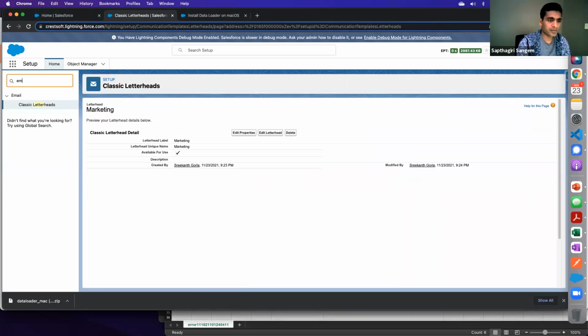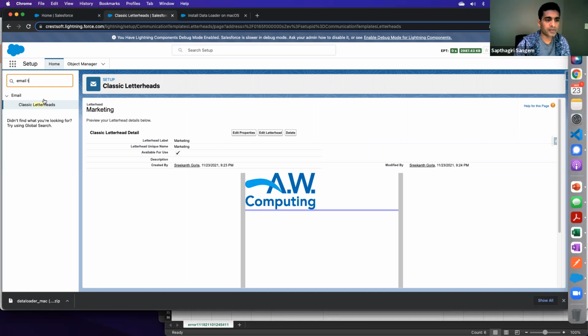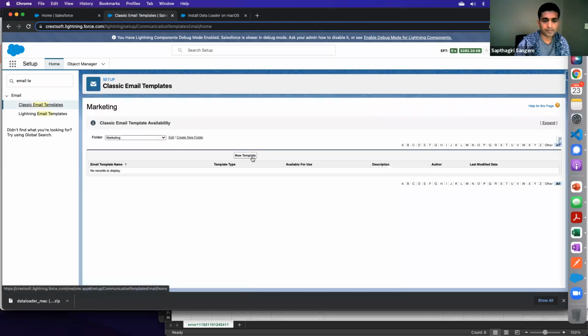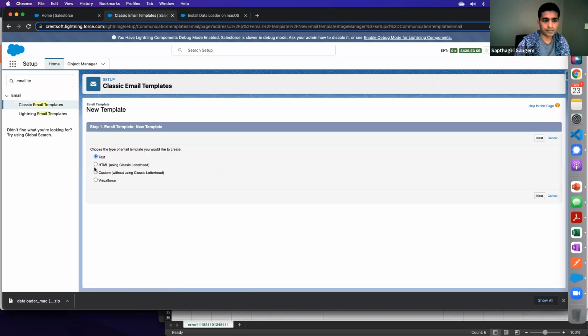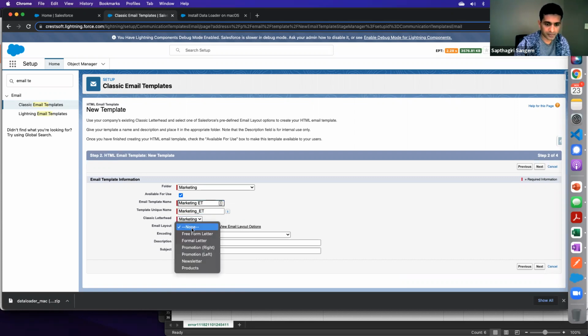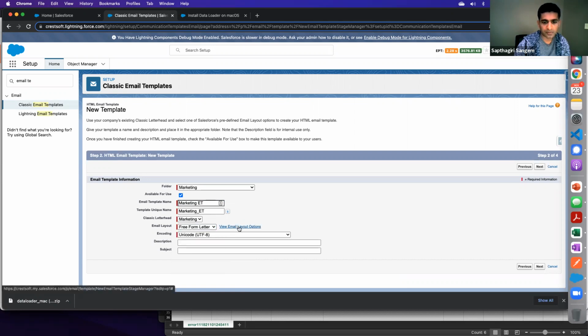And let's go back to email templates. That's our letterhead. So we are going to use it in our email template. Yeah, I selected with letterhead. So I selected, so we select that guy, and if you want to know which one is